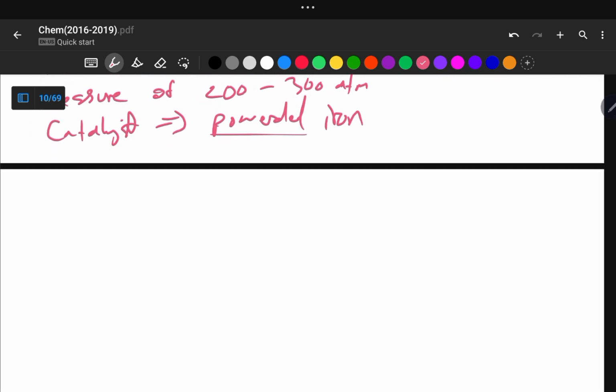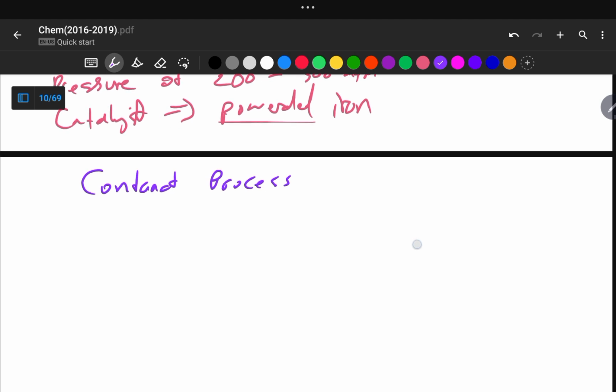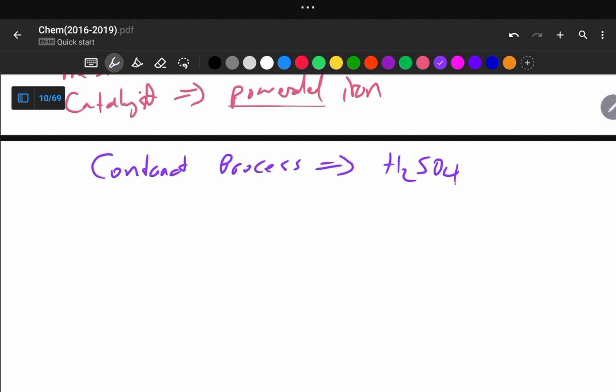This is the last industrial process, contact process, right? So contact process, it is the manufacturing of sulfuric acid, right? So sulfuric acid. So the raw materials